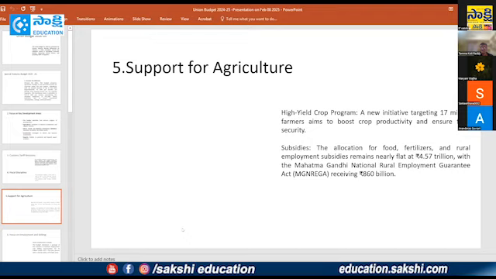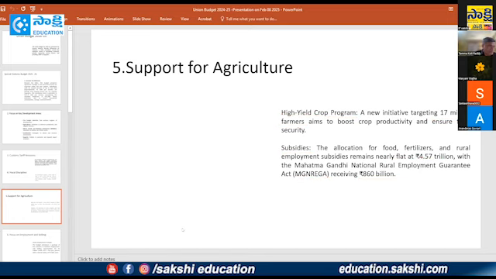Support for agriculture sectors, because this budget is more and more friendly to the farmers. High-yield crops, they propose, with new initiatives targeting 17 million farmers, aim to boost crop productivity, because productivity is one of the important aspects for total production. That means 17 million farmers, aiming to boost crop productivity and ensure food security. And subsidies are also given priority, allocation of food, fertilizers and rural employment. Subsidies remain nearly flat at 4.57 trillion, with the Mahatma Gandhi National Rural Employment Guarantee Act receiving